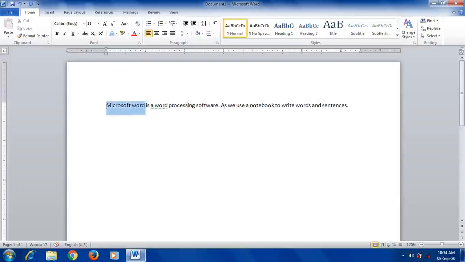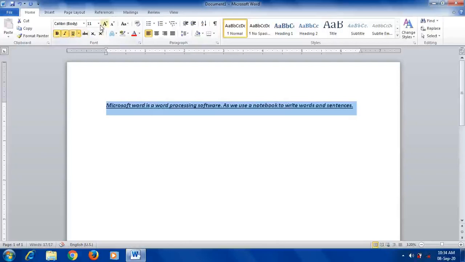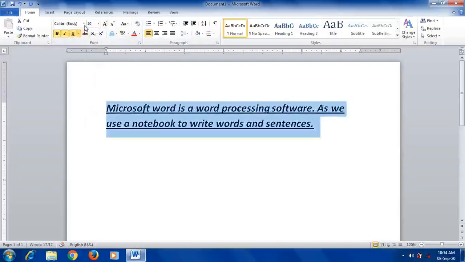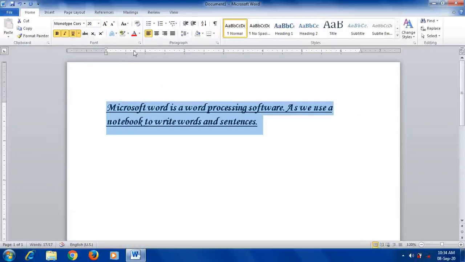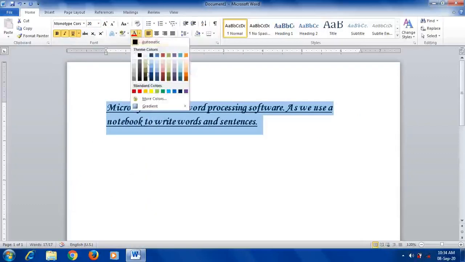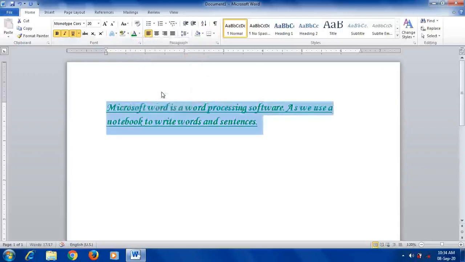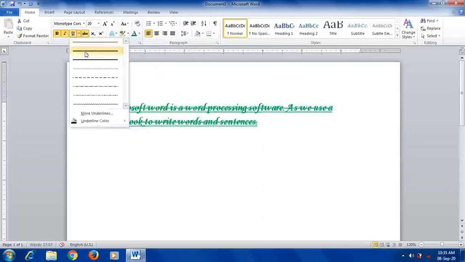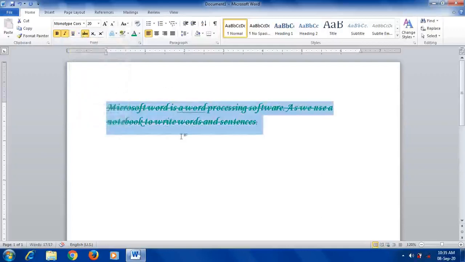Then you can format, which means you can change the appearance of this text. You can make it bold, italic, or underline, you can increase the size, and you can change the style of the text. Then you can change the color of this text by using the color option. If you want to make it strikeout text, you can make it strikeout, and you can remove it. Or if you want to set double underline, you can set a double underline, dotted underline and zigzag underline. Okay, so this is all changing the appearance. You can make your text more attractive by using this application.